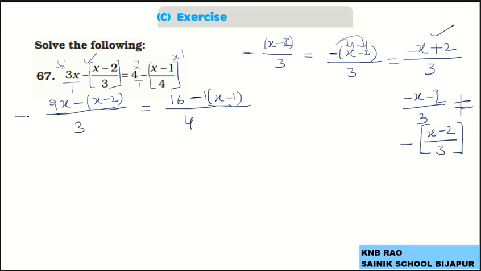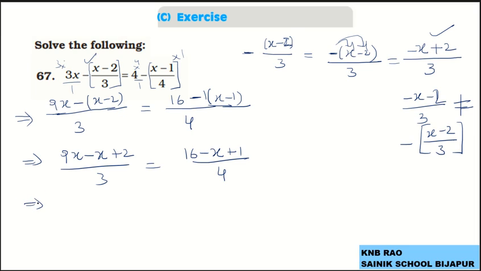Now, continuing further, 9x minus of x minus 2, getting that bracket removed. So, minus x plus 2 upon 3 equals to 16. This minus of x minus 1 becomes, bracket getting removed. So, minus x plus 1 by 4. Further, 9x minus x is 8x plus 2 by 3 equals to 16 plus 1, both are like terms, 17